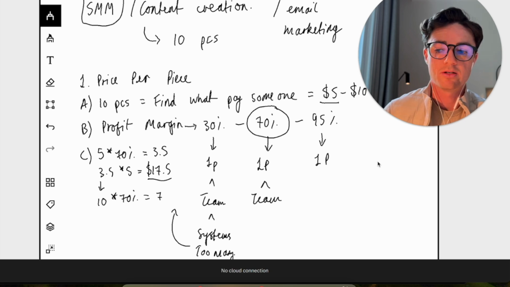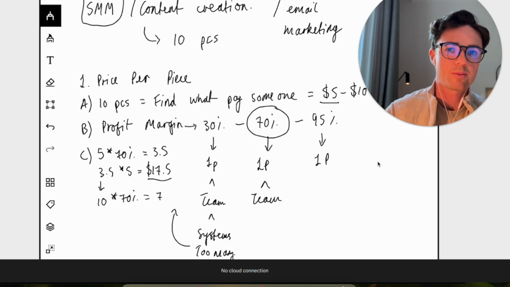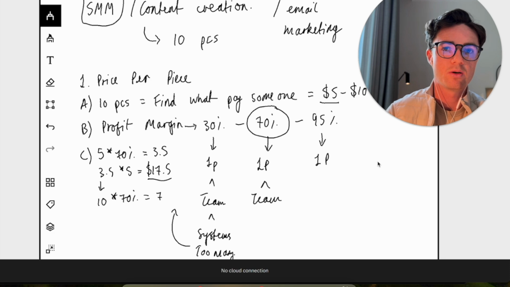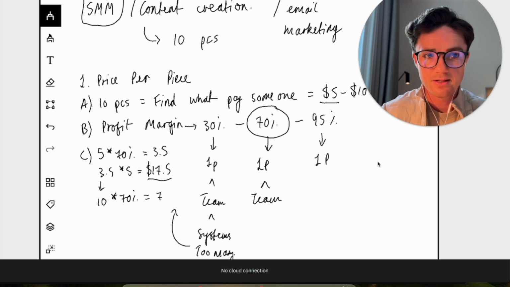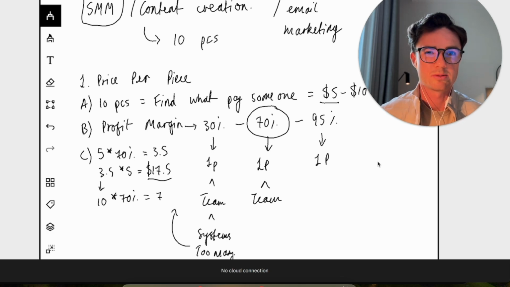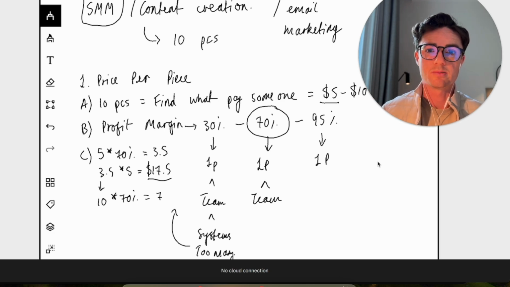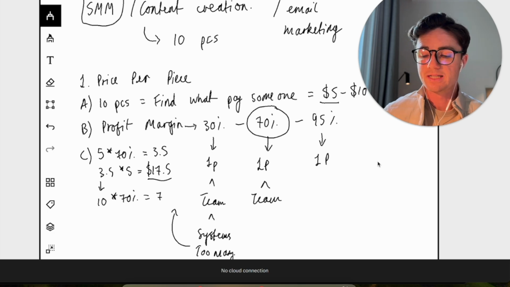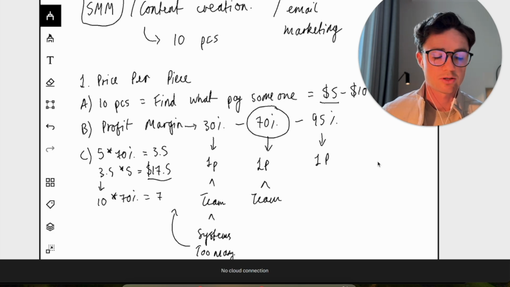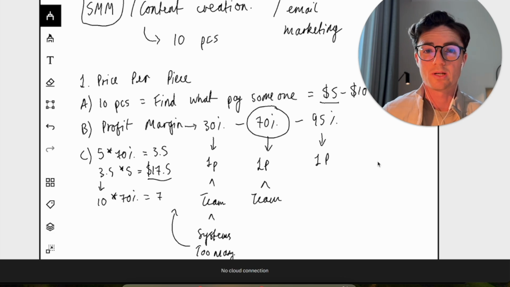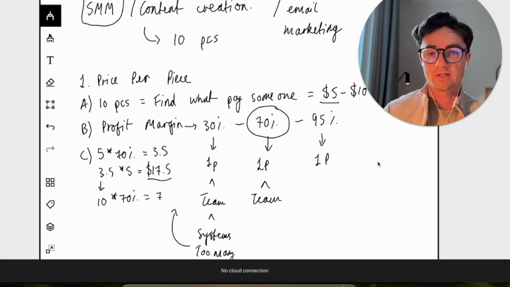You're actually getting paid to post the content, to write captions to go along with the graphic or the video, to post Instagram stories, and maybe even respond to comments and messages on the business's page as well. In that case, we cannot just use the price per piece calculator. It'll give us our starting point, but the next one we're going to use is basically just an hourly calculator. Very simple. We're going to estimate, based on the tasks you would do as a social media manager, how many hours this will take you per week or per month, depending on what you've discussed with your client, aka what kind of level they want you to do.